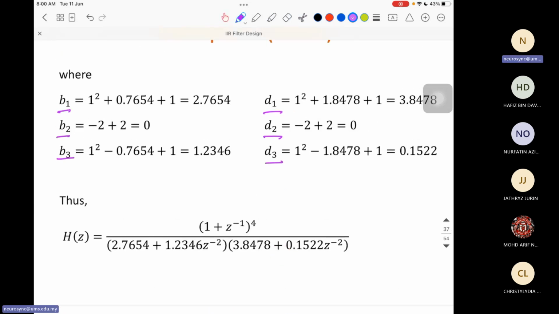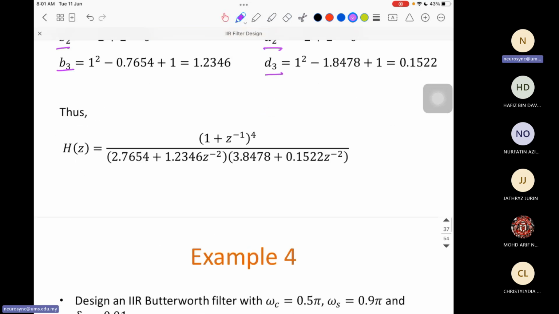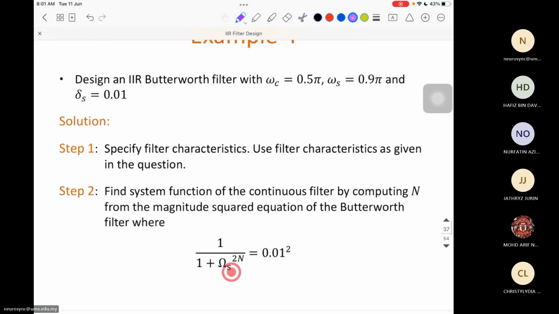Okay, so in this example we only need to convert H(s) into H(z). It is a simple example; you only need to put s equal to c into this bilinear transformation formula. Okay, now the fourth example: design an IIR Butterworth filter with the cutoff frequency omega c equal to 0.5 pi,